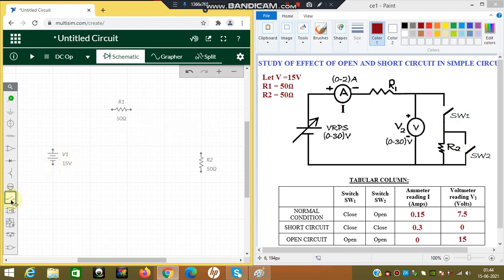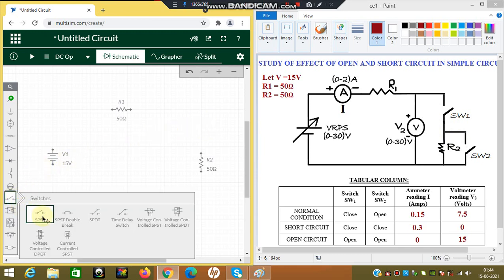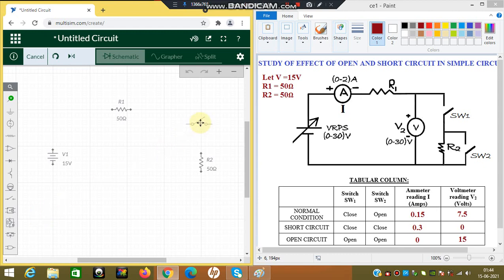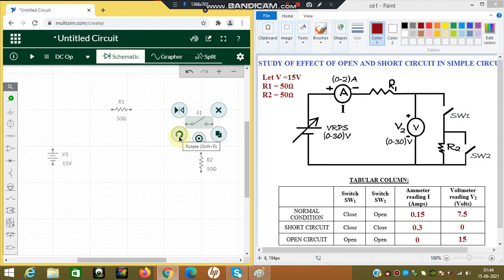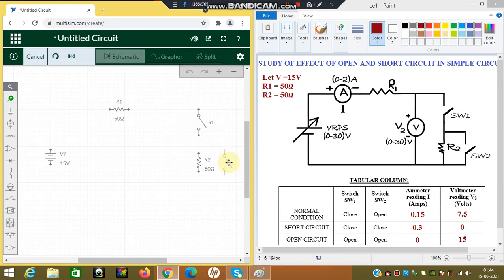So just come to the switches, click on SPST, place it here. I must turn it horizontal, so use the horizontal to vertical option. Then take a copy of this and place it parallel to R2. So I placed all the components.